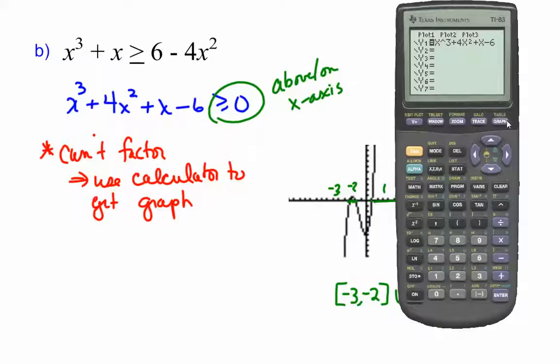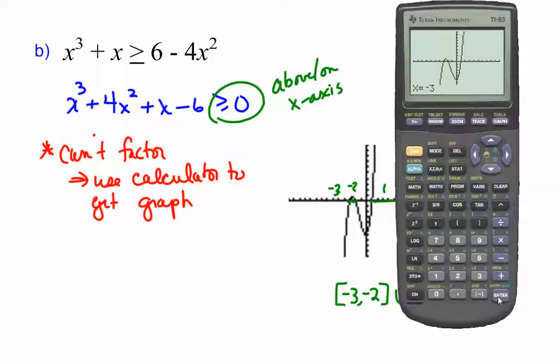Here's my equation and standard window. I don't think that's my graph, is it? Yes, it is. Okay, so that is my graph right there. And remember that rational zeros theorem? It said factors of this last guy over factors of this first guy. Well, what are the factors of 6? 1, 2, 3, and 6. So if I were guessing what these numbers were, I could do this pretty quickly.